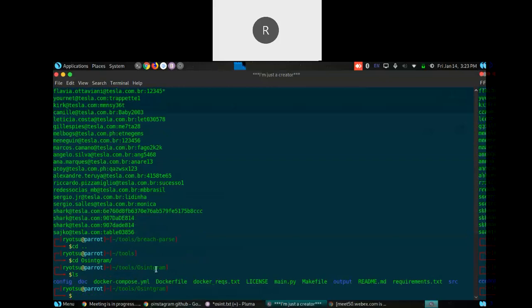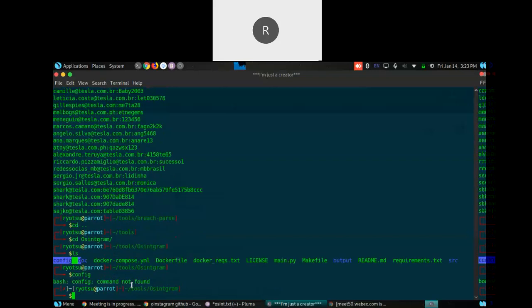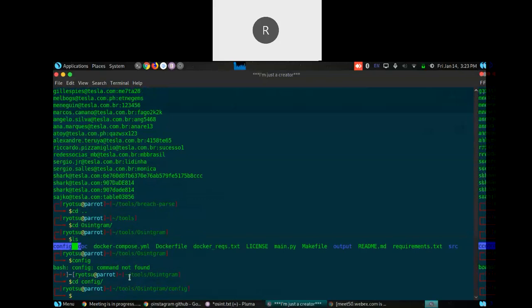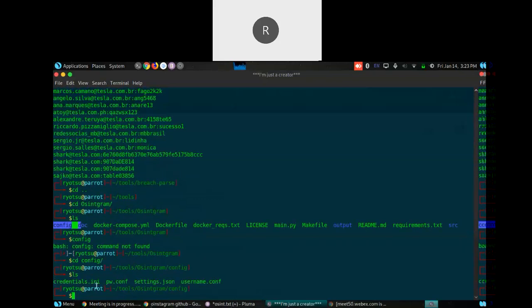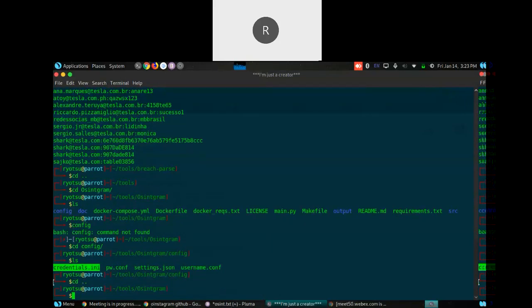After downloading this tool, you need to set up a fake or dummy Instagram account. After setting up that account, you just need to come here and open credentials.ini, and put that dummy Instagram account's credentials over here, because this tool needs access to an Instagram account to do the OSINT.